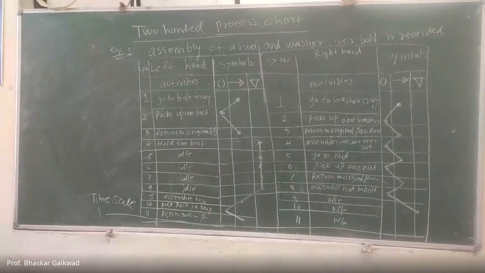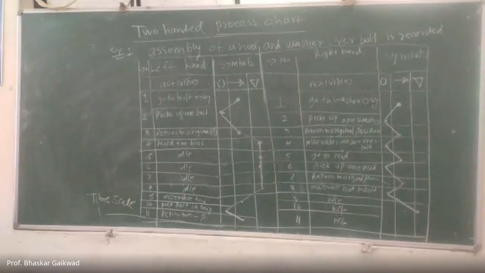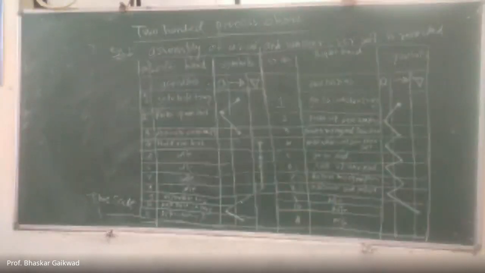One example in the automobile industry is assembly of carburetors. You can see how the assembly of carburetors, assembly of small IC engines, assembly of a watch is a best example for a two-handed process chart, because we are using two hands for the assembly of a watch, big watch, our hand watch or the wall watch, whatever assembly we are doing. So that assembly study we can make with the help of a two-handed process chart.